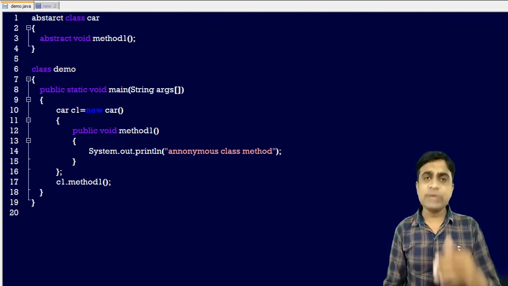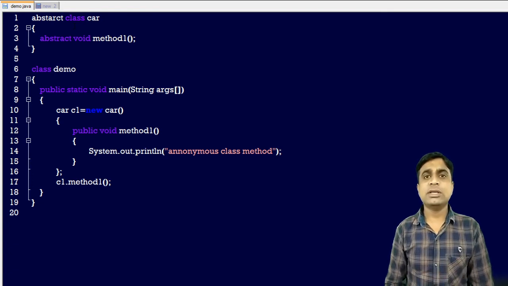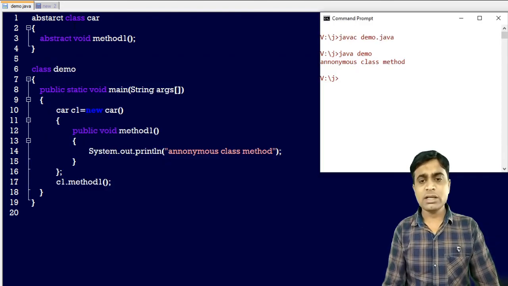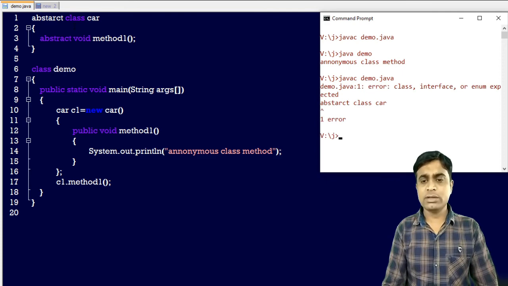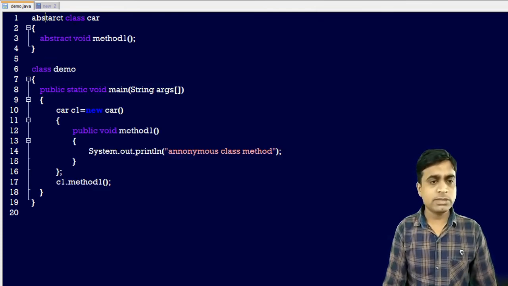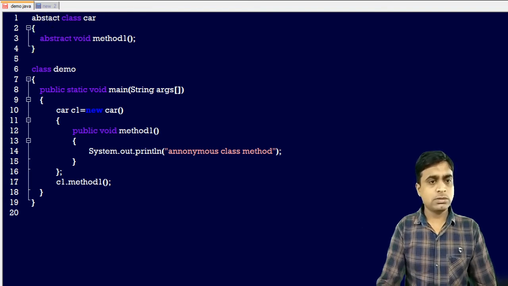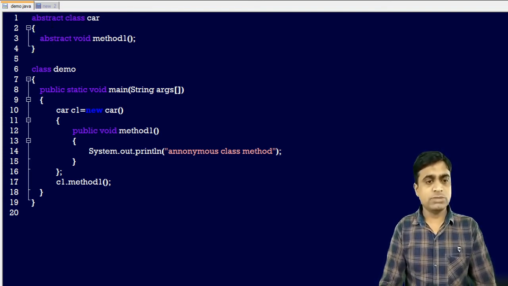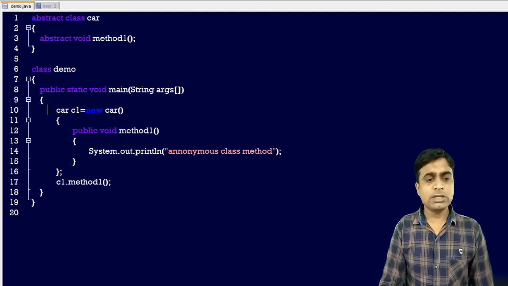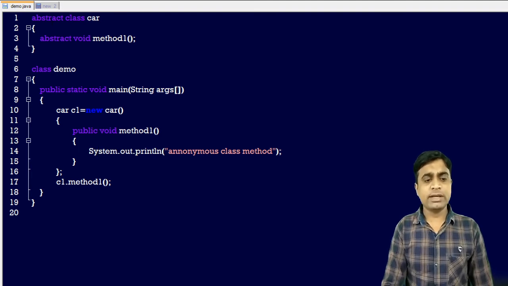In an anonymous class you can also create a nested anonymous class for the abstract class, or a normal class also. Abstract Car c1 equals new Car, public void method1 I have created, and I am calling this method.